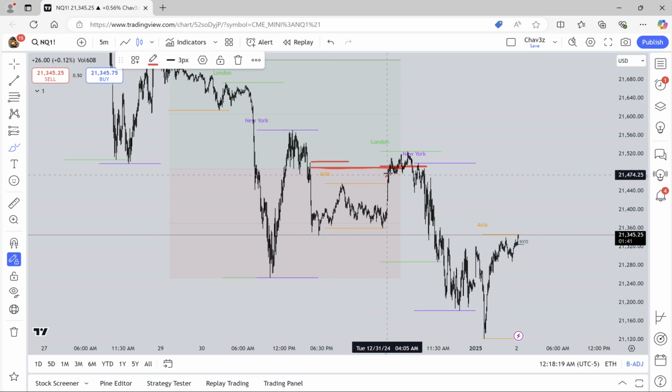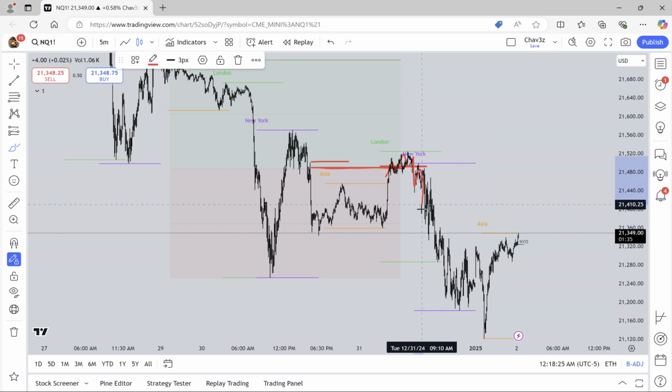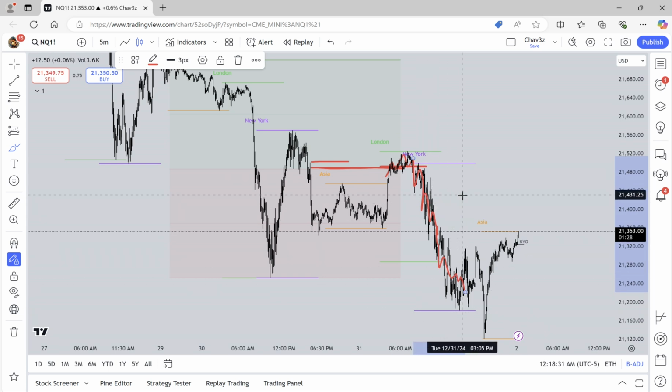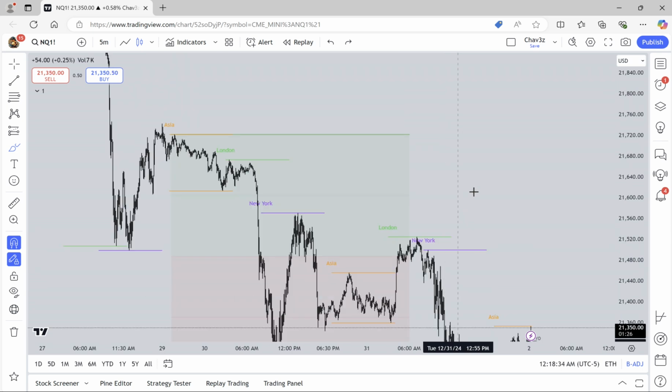So when price broke EQ and then it started taking everybody out on both sides, and then it finally created its very own range. And it took a very long time, right? But it trickled and trickled and trickled and fell down to our targets. So we're going to do the same thing today.